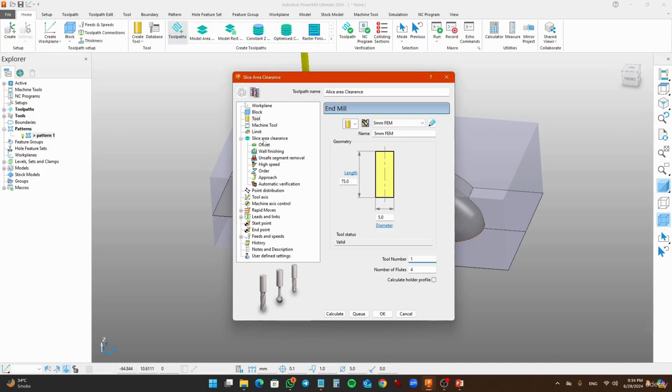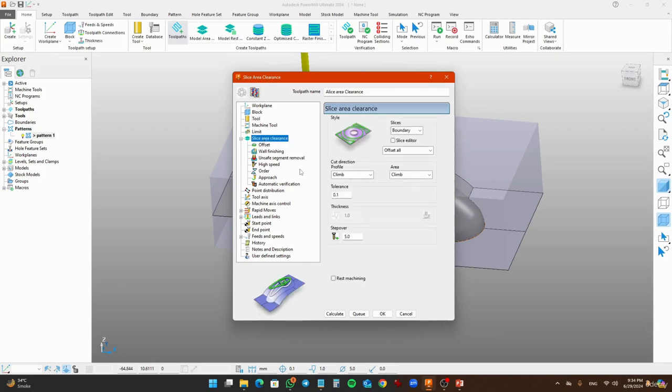And just go to slice area clearance, and here you see that all the cutting operations and cutting parameters are being defined on this side. So the first thing is that in slice area clearance, we have this tile. So you have to select this tile and the slices. So we have created a pattern, so I'm going to select the pattern. If you have created a boundary, you have to select the boundary. Right now I'm going to select the pattern because I have a pattern here. Click on the pattern